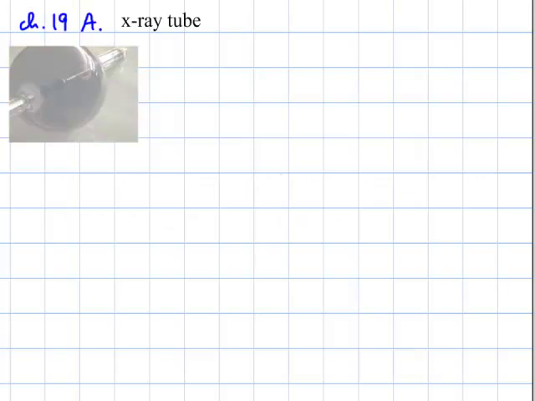These are the problems from chapter 19, and the first one I'm going to do reads: the anode (positive terminal) of an X-ray tube is at a potential of 125,000 volts with respect to the cathode (negative terminal). A. How much work in joules is done by the electric force when an electron is accelerated from the cathode to the anode? If the electron is initially at rest, what kinetic energy does the electron have when it arrives at the anode? So they want us to figure out